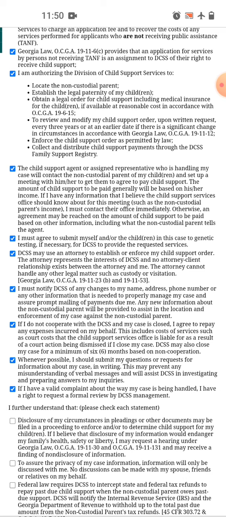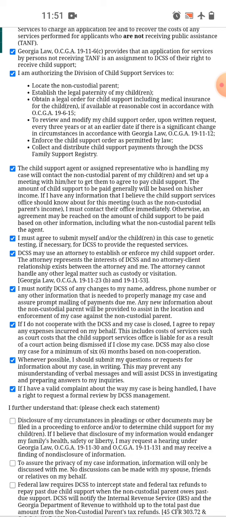Now, see, they're actually agreeing for you to commit identity theft. You're agreeing to that. The thing is, it's not identity theft if in the beginning, if you go all the way back up to where it says that if you're getting that non-custodial parent to agree to pay child support, then they're agreeing to the process, because they're also